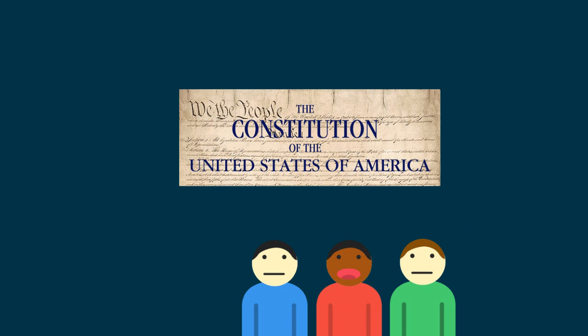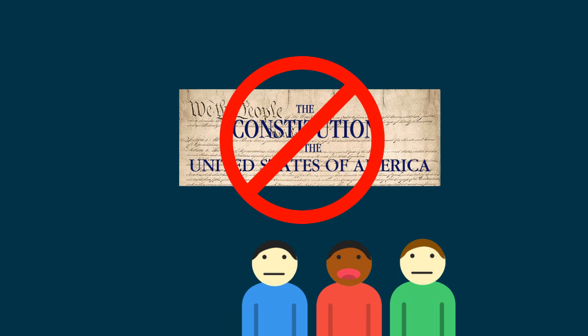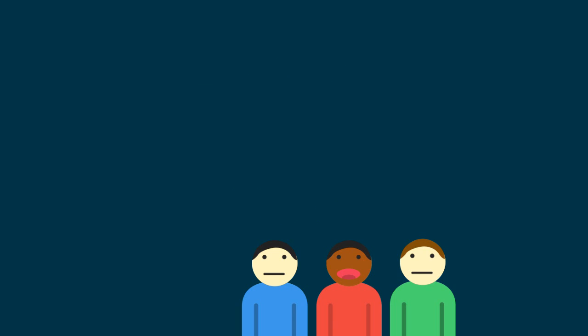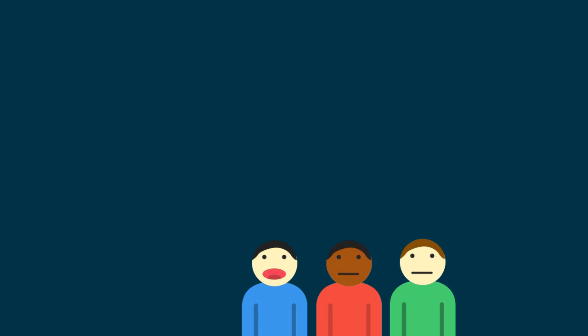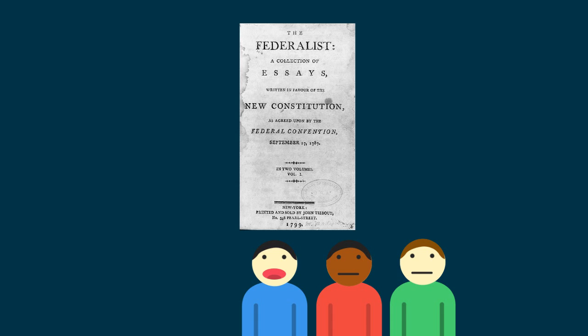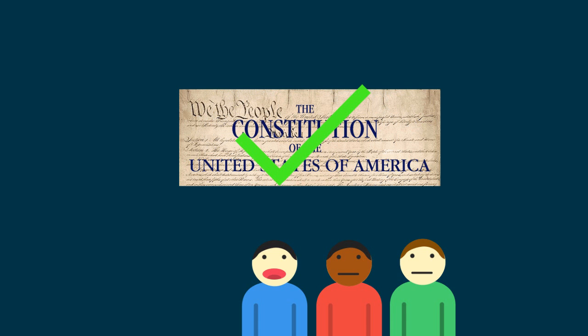Did you know that the Constitution that we all know and love today was once disliked by many Americans around the time of its creation? A certain group of people, known as the Anti-Federalists, thought that the government should be much smaller than it is today. James Madison, John Jay, and Alexander Hamilton wrote 85 essays titled The Federalist Papers to convince the people that the Constitution was going to help everyone, including the Anti-Federalists, in many ways.